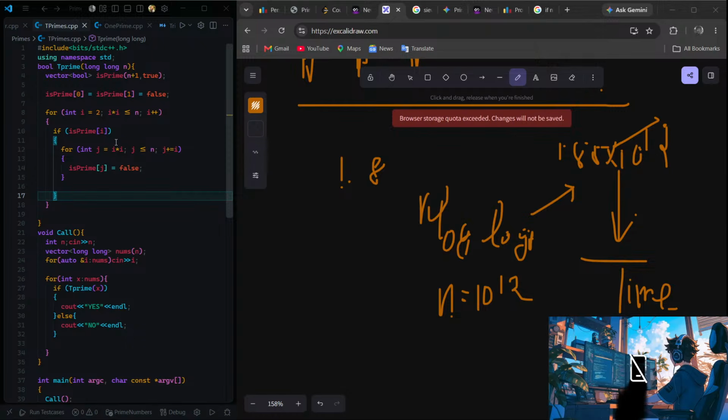This will give me what? This will basically divide all the numbers. Now, one thing I know,